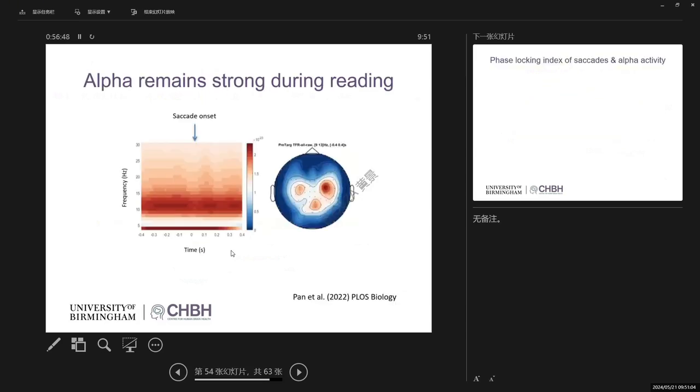So the key point being that if you just look at the time frequency representation of power during reading, and we then cut out snippets of data around each saccade and do the time frequency representation per snippet and then average that up, what we see is there's relatively strong alpha power during reading, right? So this might be a bit of a surprise because we are sort of used to the fact that when you flash something on the screen, alpha is being depressed, right? So this is called alpha blocking.